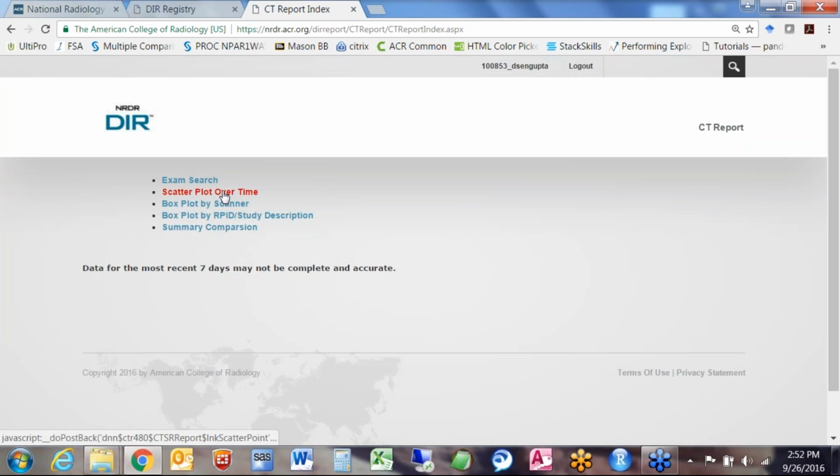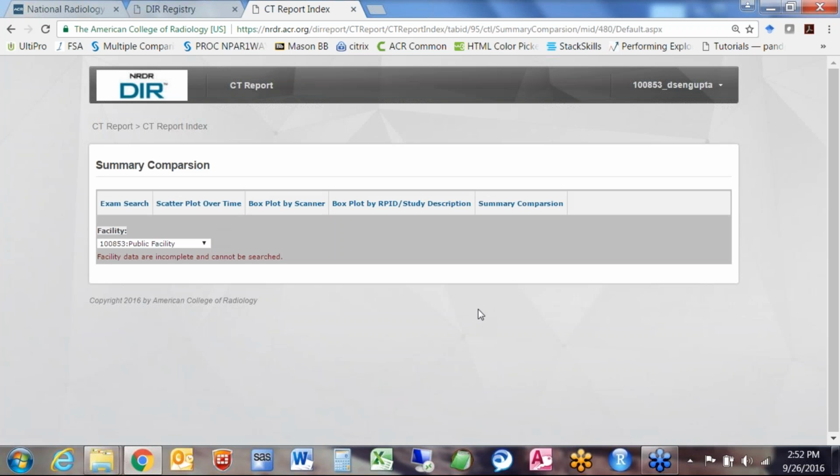And you can see the exam search, scatter plot over time, box plot by scanner, and summary comparison. So I'm going to click summary comparison. And here we go. Facility data incomplete and cannot be searched. So I cannot actually show you, but if you click this,